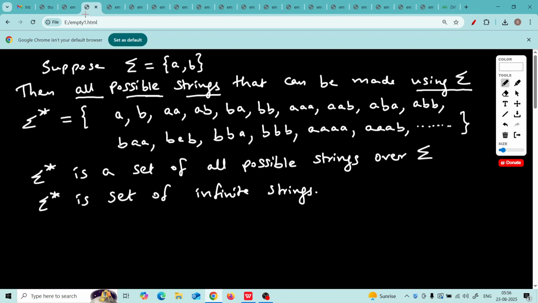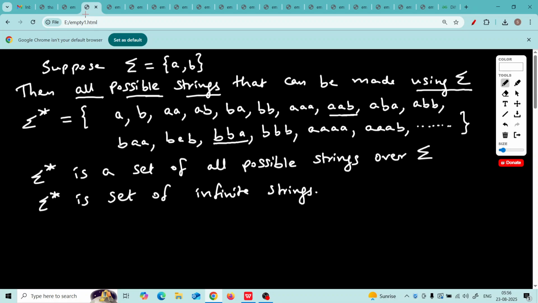You can take A first, then B. Now watch this string in particular which I am underlining here. AAB. This is also a string which is made using sigma. We have taken two A's in the front and then B. So, AAB is a string. Now, notice this string which I am underlining. BBA.